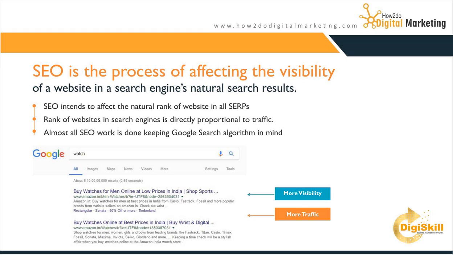results. Let me give you an example. Let's assume that you are a travel agent and you're selling tickets to London. If somebody types "tickets to London" and your page comes up on page 1 of Google, that means you're ranked on page 1. If your page comes on page 100 of Google, it would mean that nobody is going to be seeing your domain or your website, and as a result you will lose a lot of